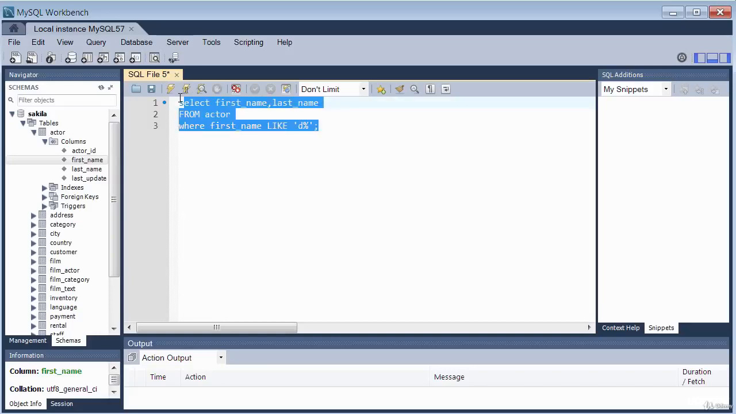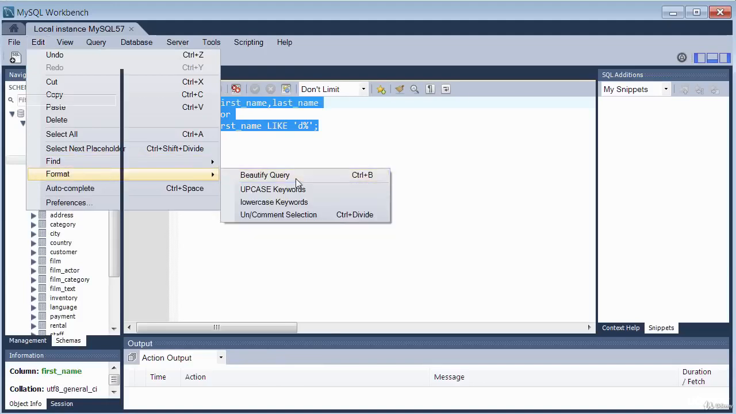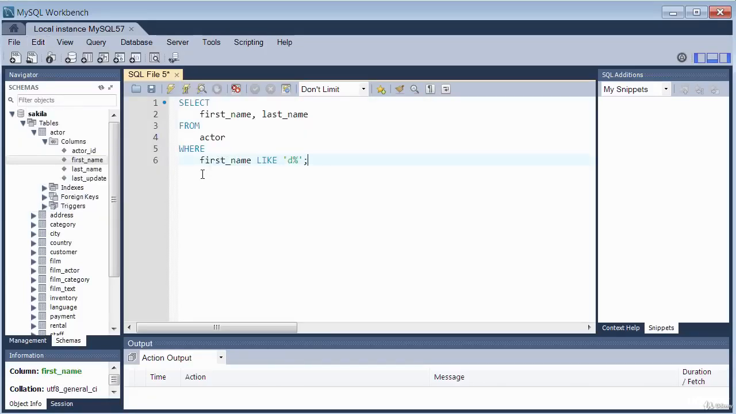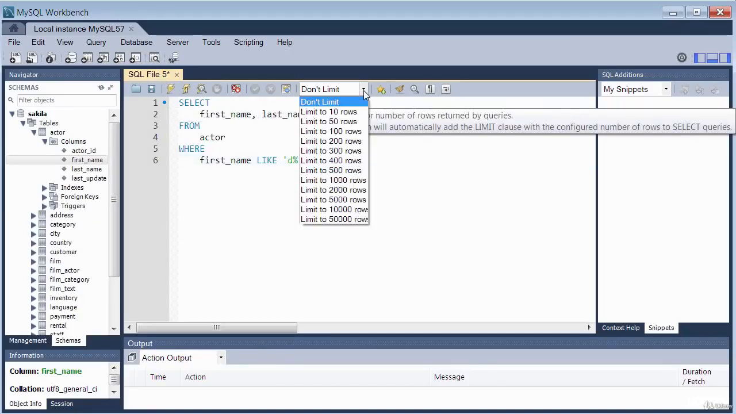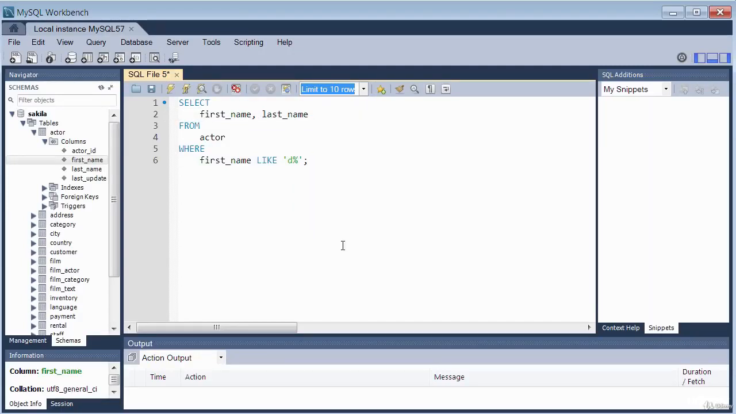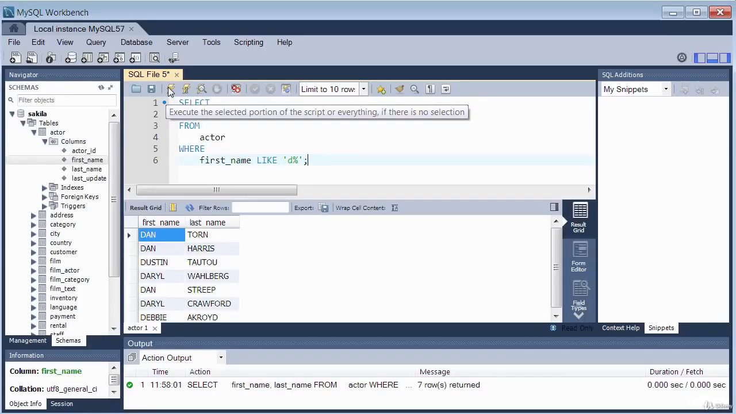So let's try and beautify this query. We highlight, go edit, format, beautify. So the like operator will search using this percent wildcard for any value that begins with a D. So it will search for all the first names that begin with a D. Let's execute that using this. Let's limit it to just 10 rows by clicking on this. So it will only return 10 rows. So execute. As you can see,